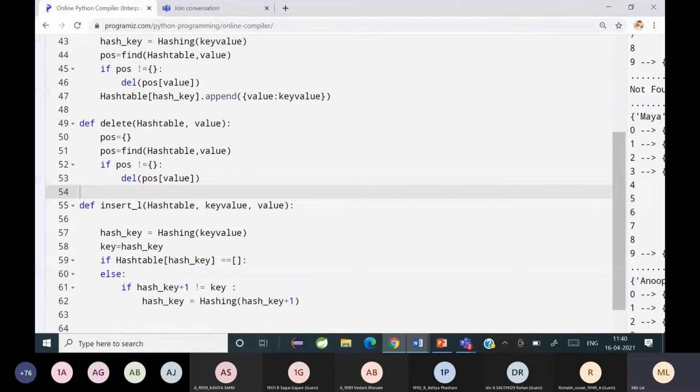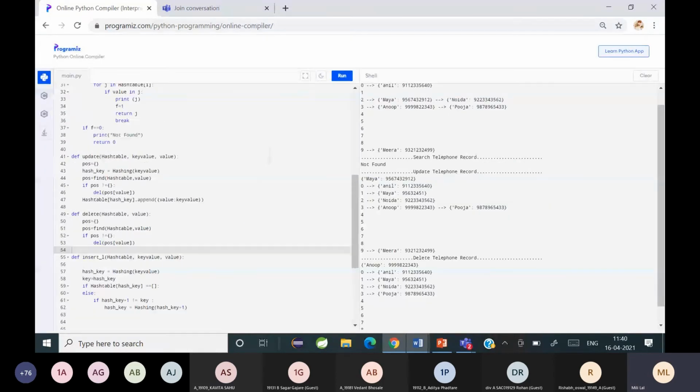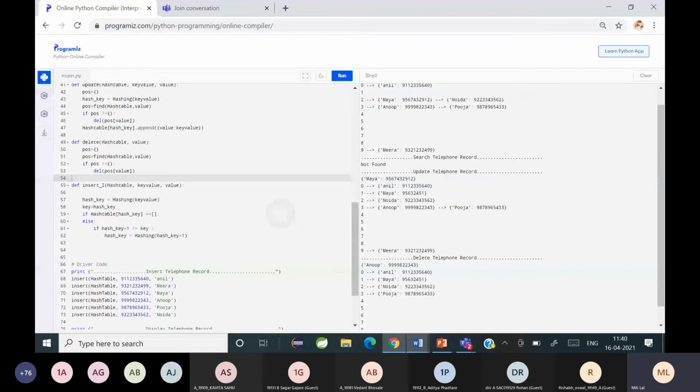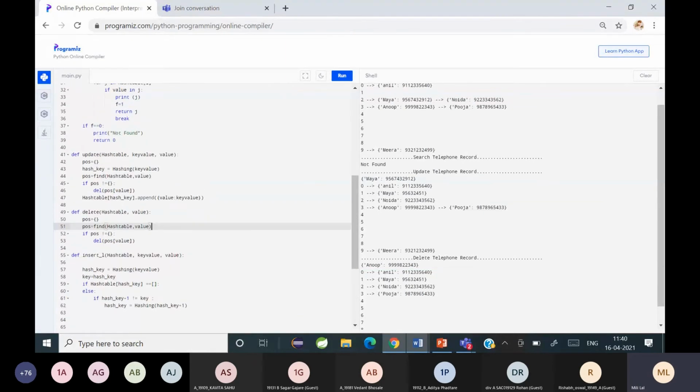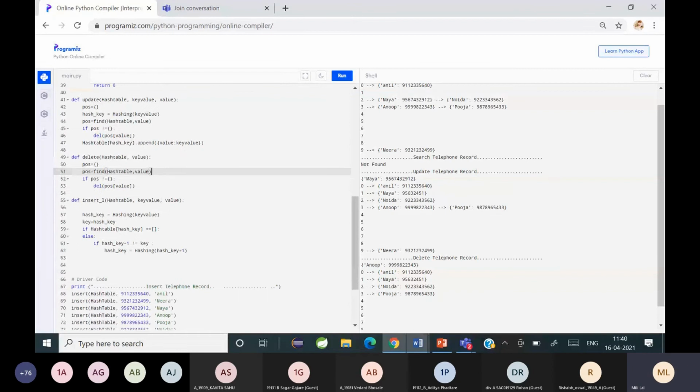Is it clear to everybody? Yes, ma'am. Okay, so that's how this entire code works. Only the linear probing part has to be updated. I'll just update it and give it to you. I didn't get time to complete that. I'll update it, but I hope you've understood the concept of linear probing